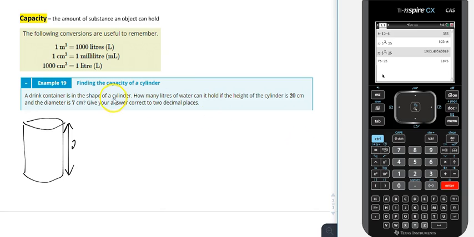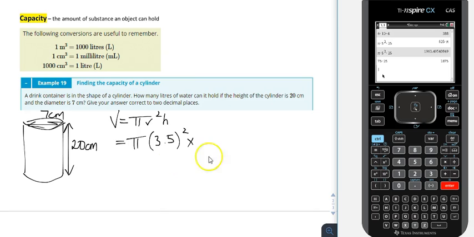So I'm going to use centimeters, find my volume in centimeters cubed, and then convert that to my capacity in liters. So I've drawn a diagram. It's just a simple cylinder with a height of 20 centimeters, a diameter of 7 centimeters, which means that my volume formula is pi r squared times height. My radius in this case is 3.5. So I've halved my diameter to get my radius. Pi times 3.5 squared times the height of 20. That's what I'm going to chuck into the calculator. And when I do that, I'm going to get out a result